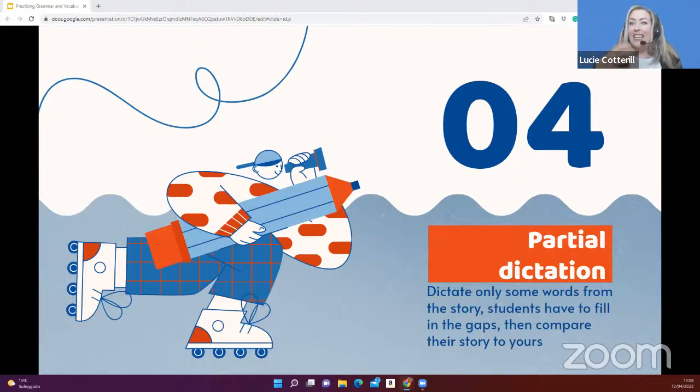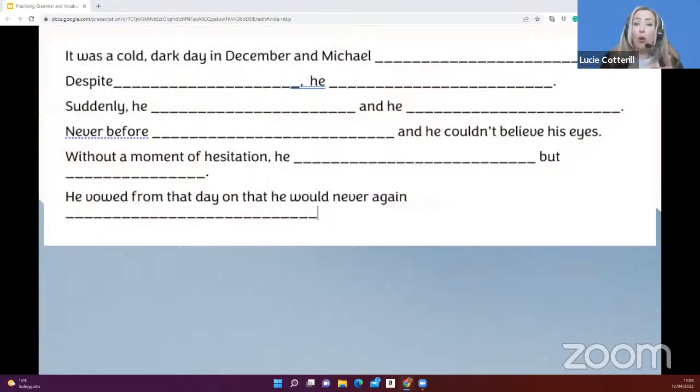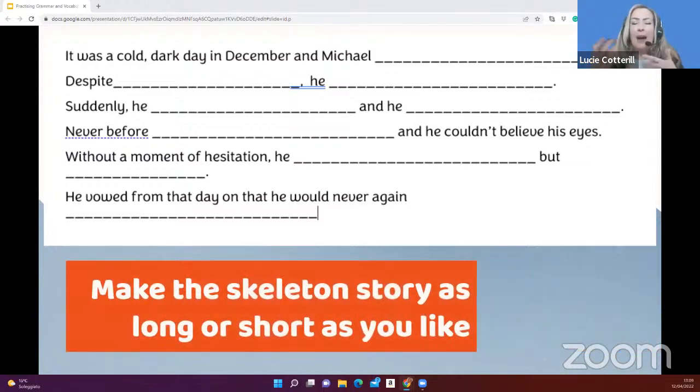Now, the reason why it can be useful to press the mute button is so that you read the whole story. They can see what you're saying by the movements of your mouth, but they can't hear you. So if you want to, you can try to get them to guess what you're saying in your story as well. So it depends how you want to do it. And also, if you think that's a bit challenging for some of your lower level learners, you might also want to give them the skeleton story, a written skeleton like this. Okay. So you can do it however you want, and you can include any kind of language.